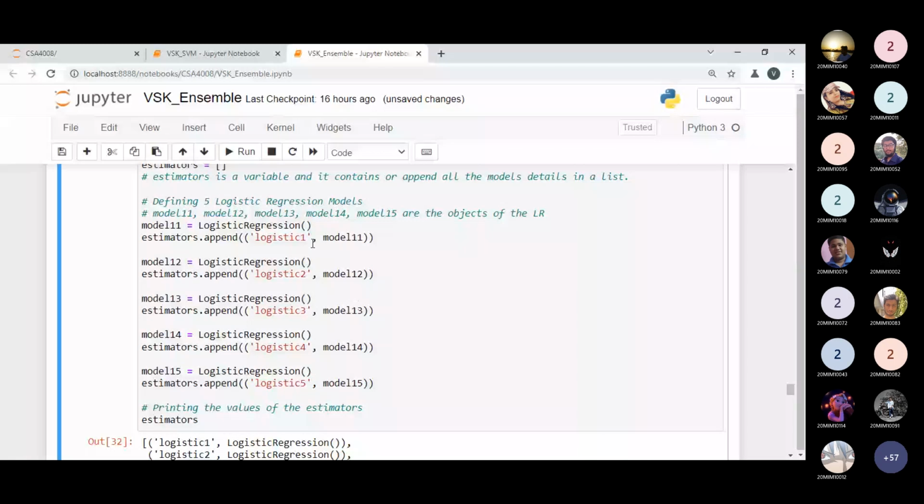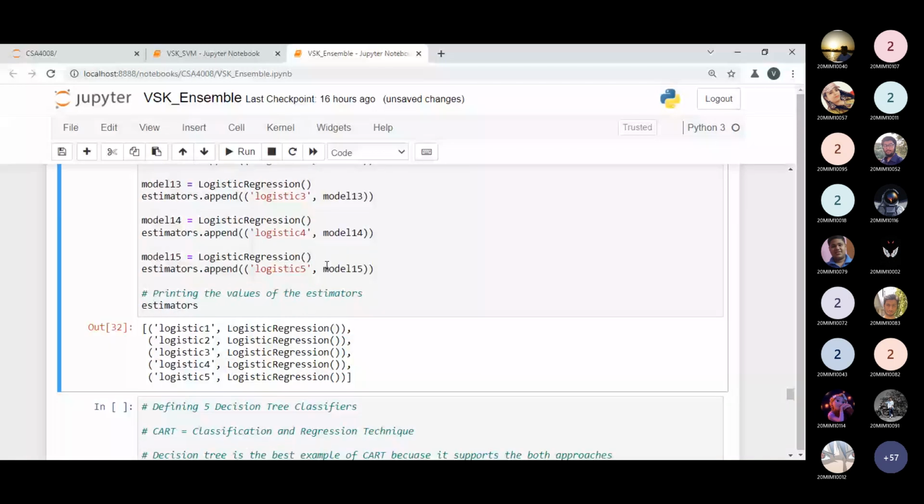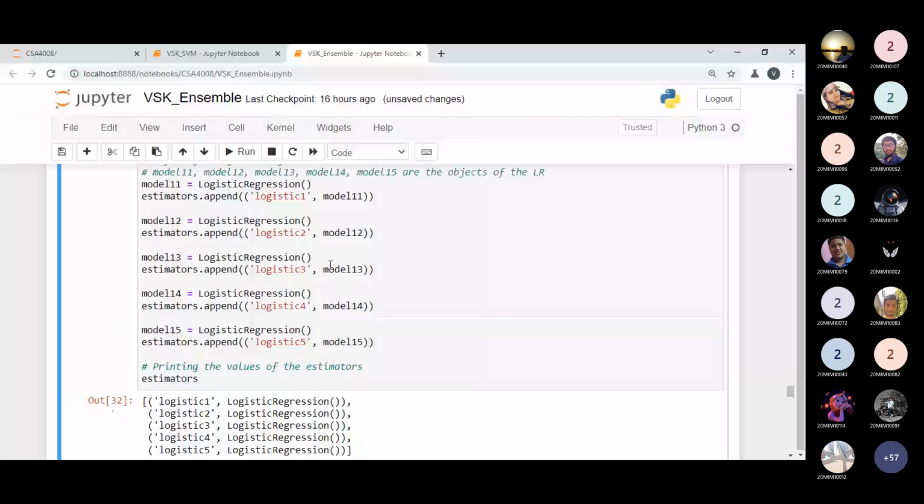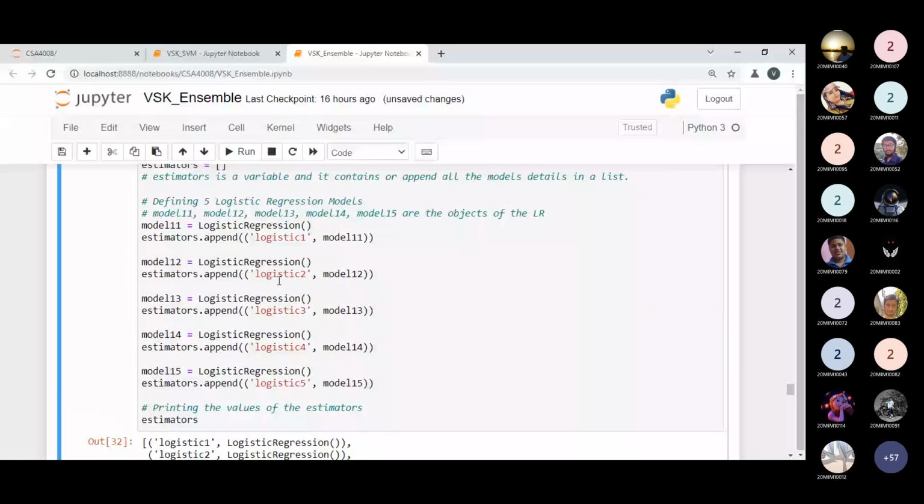Now, the same thing I'm applying for the decision tree. But please keep in mind before moving to the next part: logistic 1, logistic 2, logistic 3, logistic 4, logistic 5 are the names only. If you want to give shortened names, you can give LR1, LR2, LR3. This is only naming of my defined objects in the list.